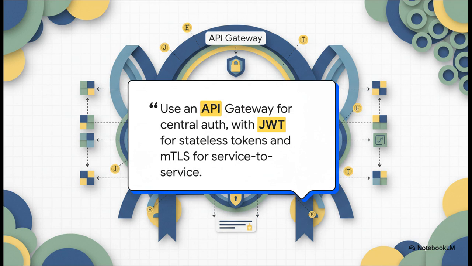It names the core pattern, the API gateway. It names the technology, stateless JWTs. It names the framework for managing permissions, OAuth 2. And then, for bonus points, it adds a best practice for security between your services, mutual TLS. That's where services prove their identity to each other. This answer shows you're thinking about the entire security picture, from the user all the way down to the deepest parts of your system.